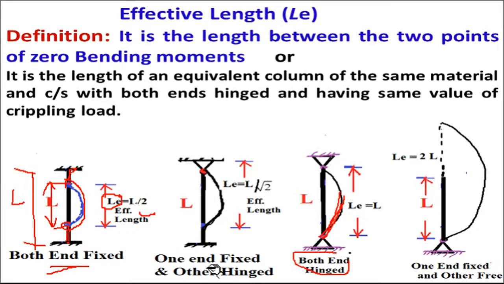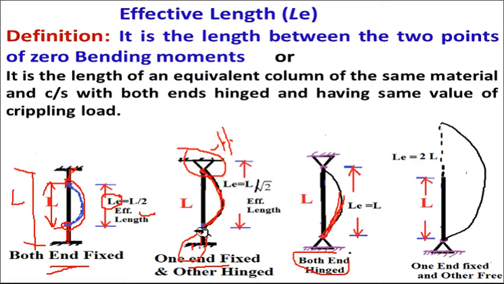Okay. Now the second case, when one end of the column is fixed and the other end is hinged. This is the sign convention of a hinged end. Now it is fixed here and it is hinged here. At the fixed end, slope is zero. At the hinged end, slope is not zero, but bending moment is zero. So bending moment is zero means the curve will start from this origin, and this will take shape like this. Why like this? Because it is fixed. For the fixed end, there will be some straight distance, and then it will start buckling.